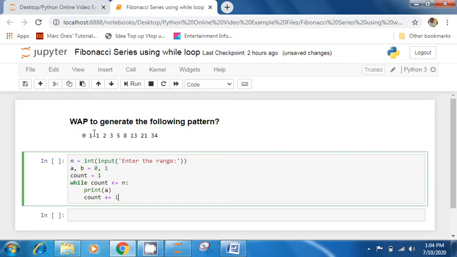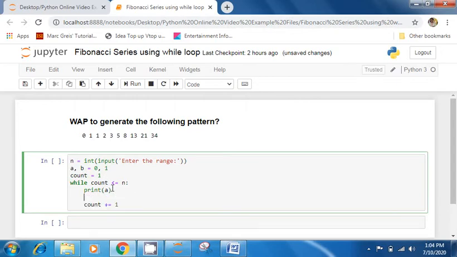Now how to do the adding here. We have seen this swapping thing, A comma B, 0 comma 1. Now you can use this as a swapping part also, A comma B equal to B comma A. Whatever the value of B is, this will be assigned to A, and whatever the value of A is, this will be assigned to B. So this is very simple, but what I want is addition.